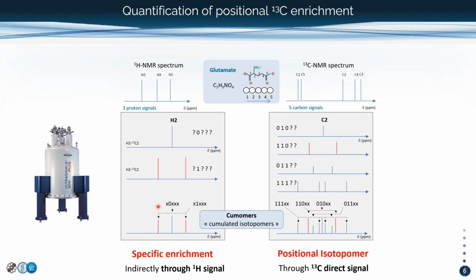So in the end, if we have a mixture, we will be able to quantify the proportion of protons linked to C12 and linked to C13. At the right, we can also detect C13 directly in NMR, and we will have information about every carbon of the molecule. And if we are now looking directly at the C2 of glutamate, we will be able